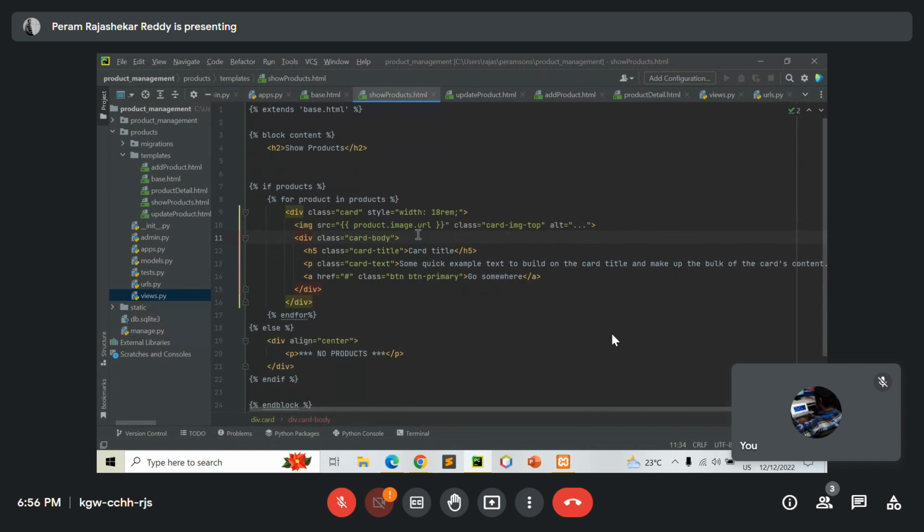Once it's done, we have to provide the title, and we have to provide the description if you require. If you don't require a price, or if you don't require any other names, that's up to you people. How you create, how you write, that's up to you. It's not mandated to create everything as per my requirement. You can create according to your particular requirement, according to what exactly you require. So over here you need to mention your particular name,